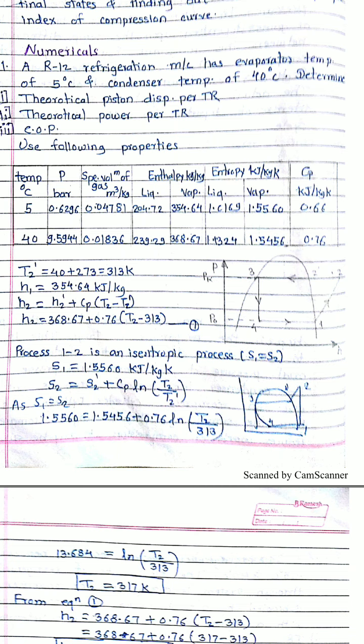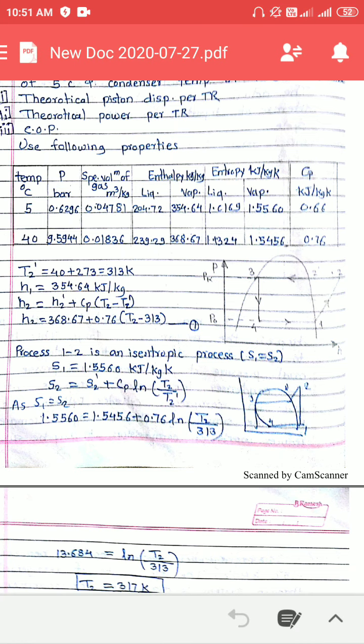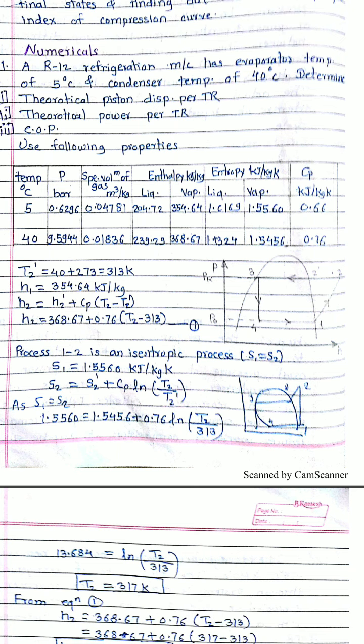In this vapor compression refrigeration cycle that we have discussed, the VCC consists of four processes. The first process is isentropic compression, the second process is constant pressure heat rejection, the third process is isoenthalpic expansion or the throttling process, and the fourth process is the constant pressure heat addition process. With the help of these four processes, the vapor compression system is executed. So today we will solve a few numericals based on this vapor compression refrigeration cycle.